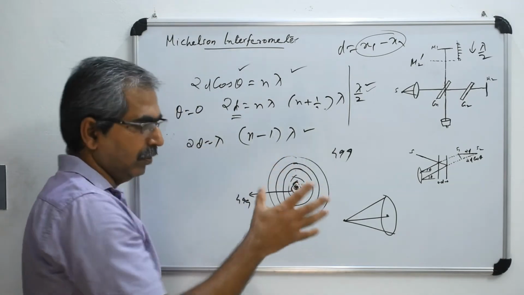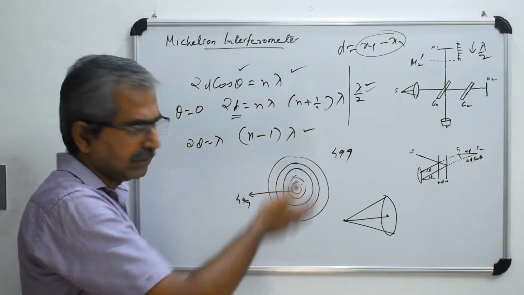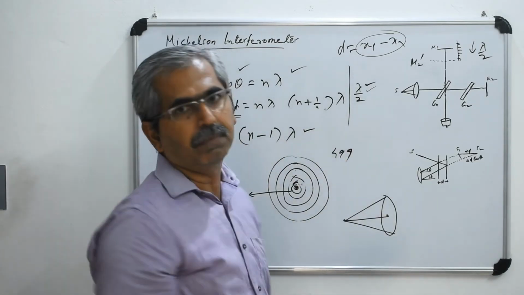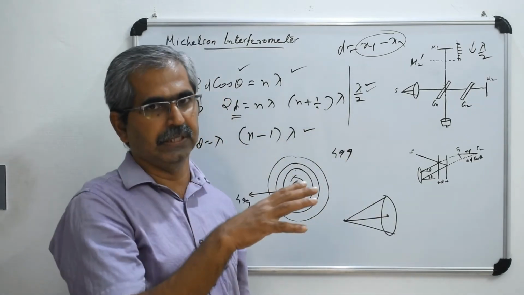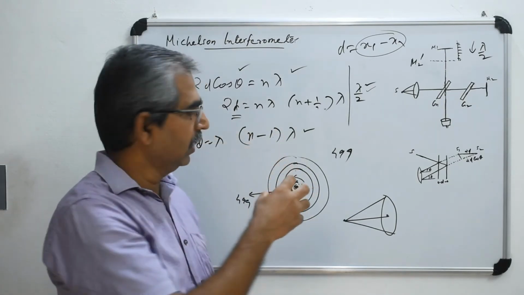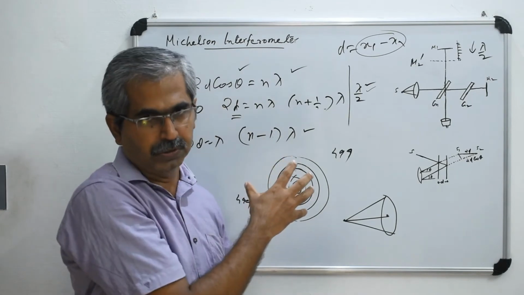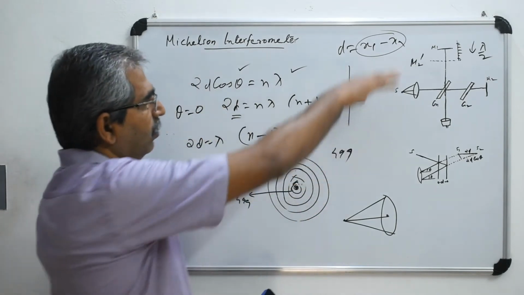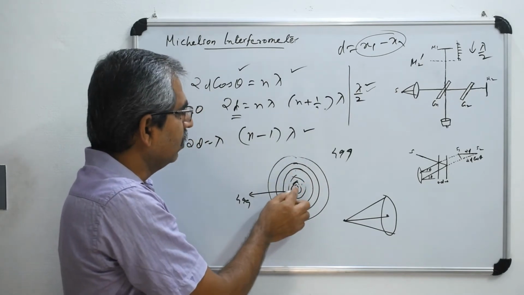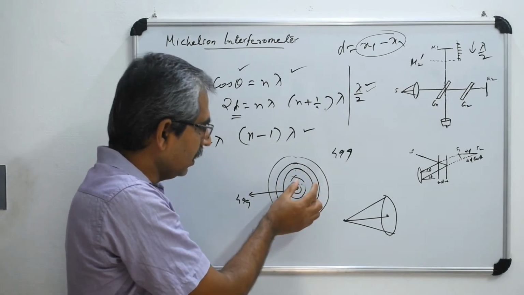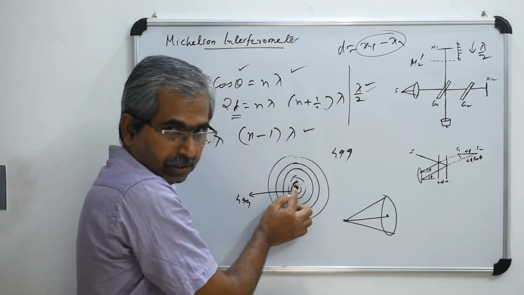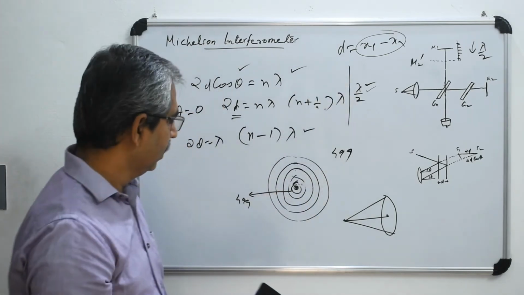If you go to YouTube and search for the interference pattern produced by the Michelson interferometer, you can actually see that. There is an animation where you can see how new rings are formed. It's simple. If you decrease it, the pattern will contract, and each of these rings will come to the center and then disappear. Then the other one will be coming closer. That is what is happening.